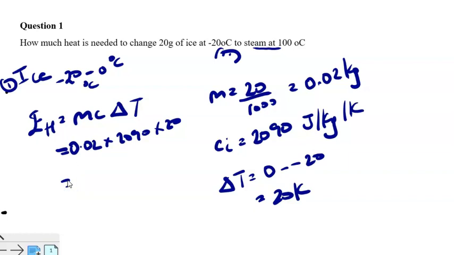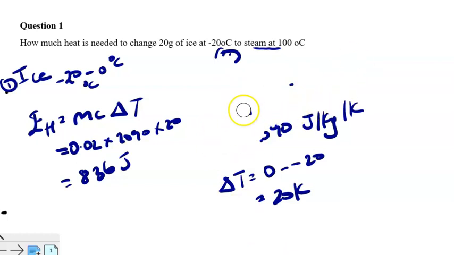We end up with 836 joules, and that is for that portion there. All right. So our next portion we'd want to look at